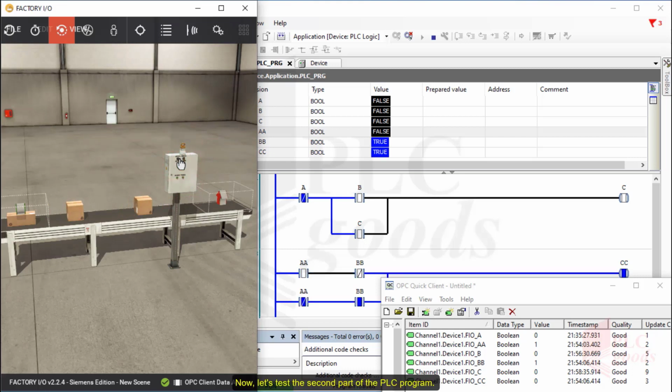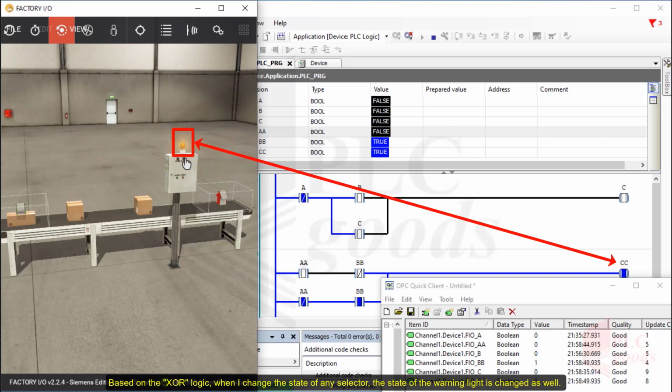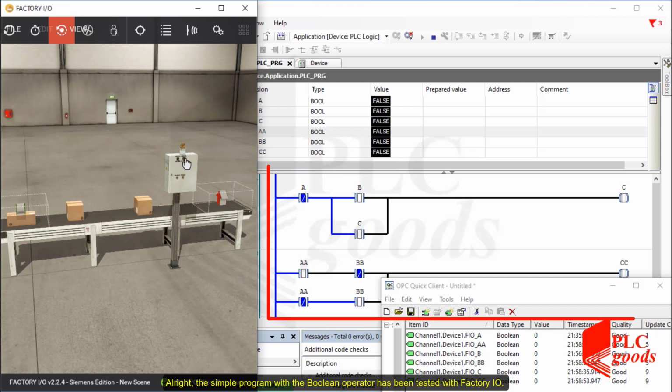Now let's test the second part of the PLC program. Based on the XOR logic, when I change the state of any selector, the state of the warning light is changed as well. Alright, the simple program with the Boolean operator has been tested with